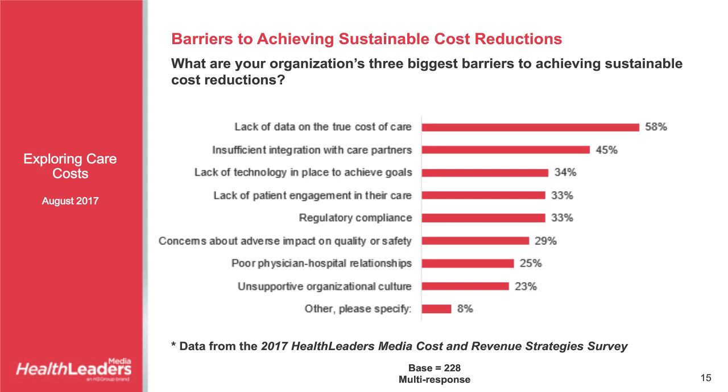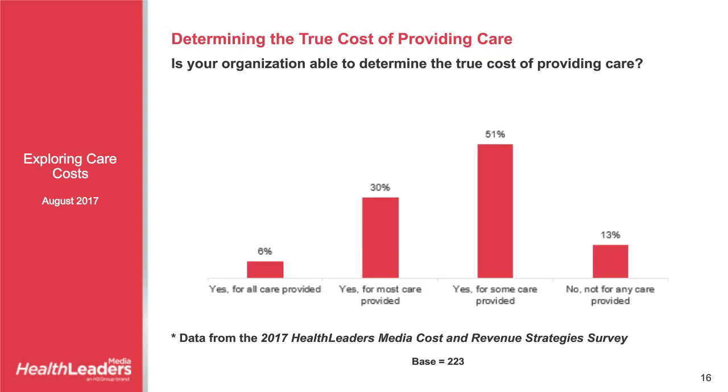Here is some more survey data from the Cost and Revenue Strategy survey we did back in June. The question is, is your organization able to determine the true cost of providing care? Only 6% said that they can do this for all care that they provide. 30% for most care, 51% for some care, and 13% are unable for any care they provide. So they're completely operating in the dark,